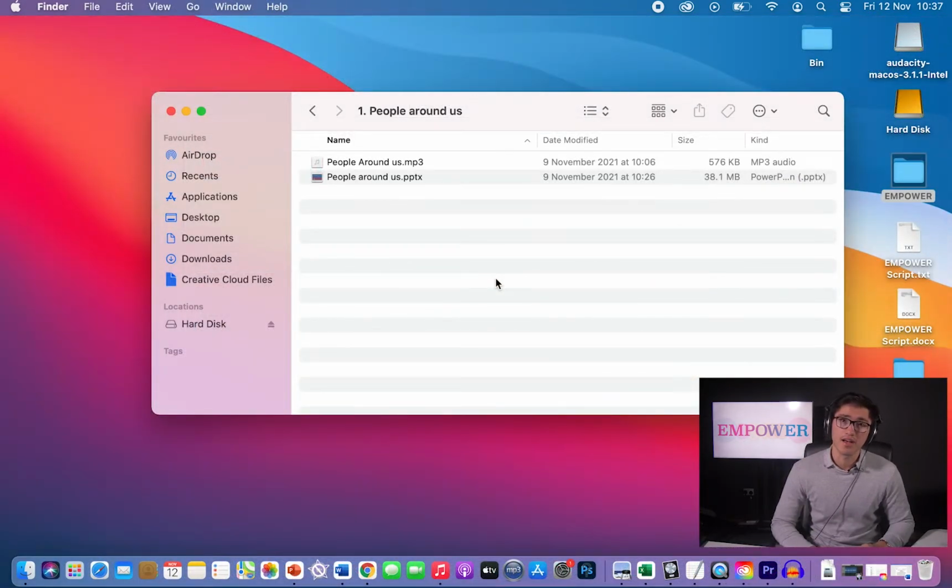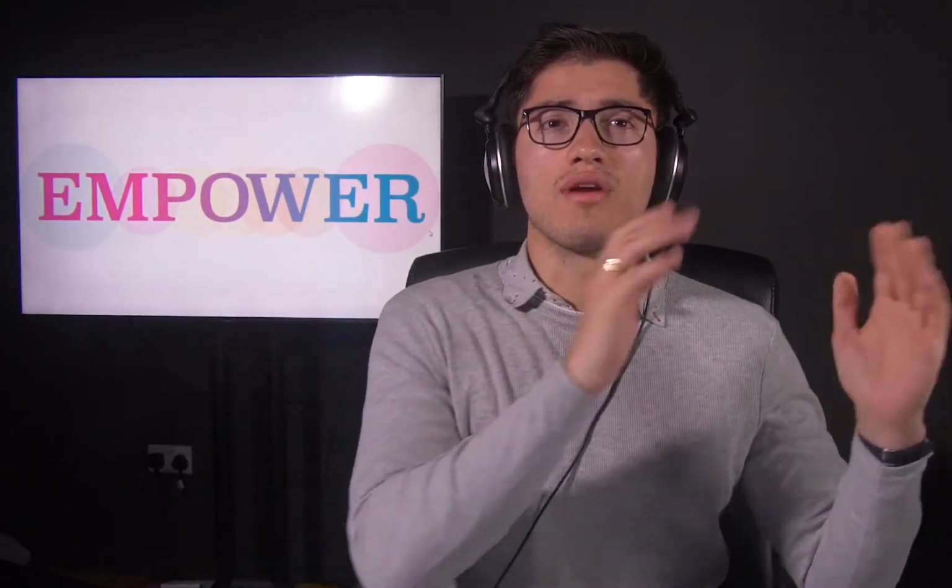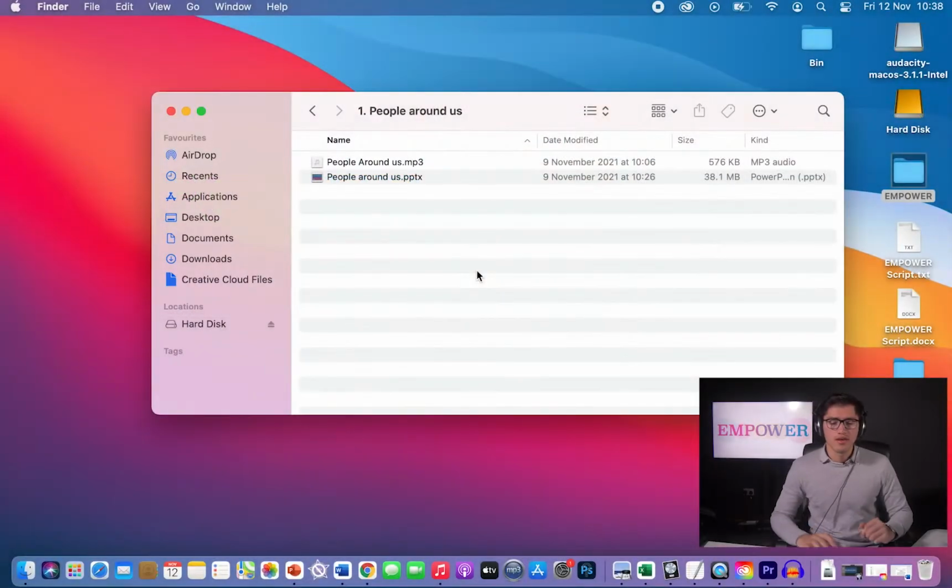So the first thing I'm going to do today is split the audio, because we are gonna use one audio file per slide. So that means every audio file is gonna be like 20 to 30 seconds on average. Imagine this, we have all the audio, we need to split it into different sections, and we need one section per slide. For that task, we are going to use Audacity. Audacity is open software, so you can download it and it's free for you, and it's really easy to use.